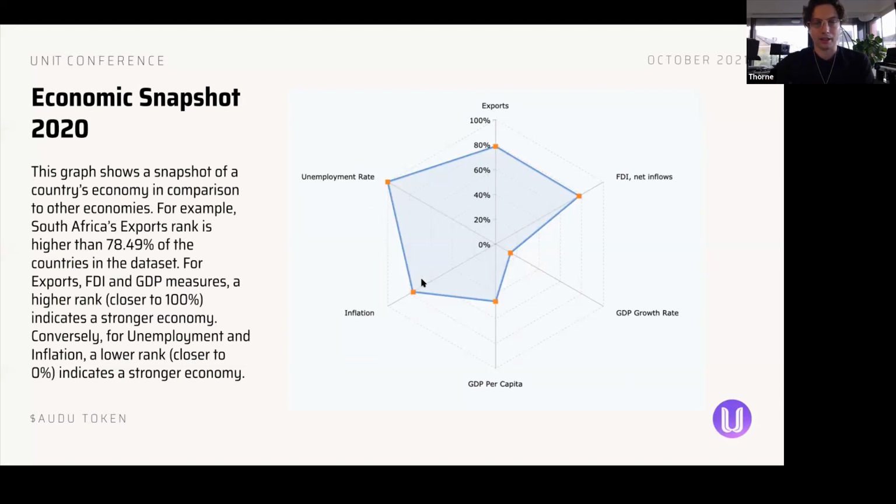So we're seeing here that we have got a very high ranking in terms of this inflation arm. We've got a fairly low GDP per capita, and we've got a remarkably, I might even say disturbingly high unemployment rate here with regards to the other countries in the data set as well. So I think there's a huge amount of improvement, and there's a necessity for this improvement to happen fast as well, because South Africa is definitely suffering.